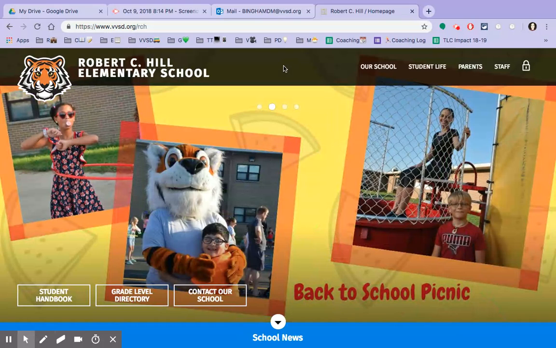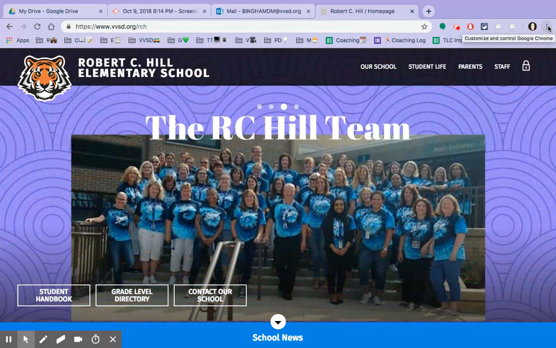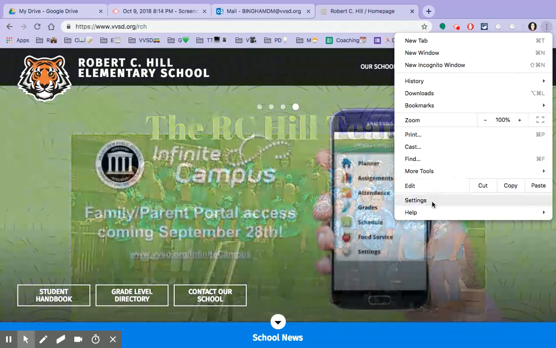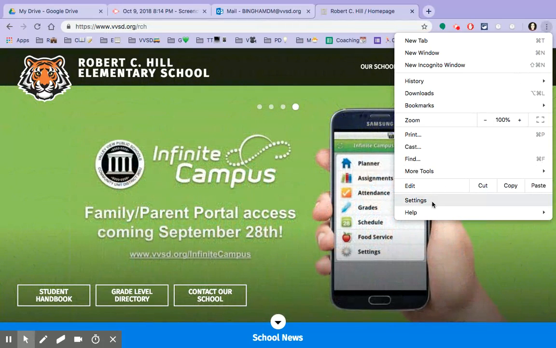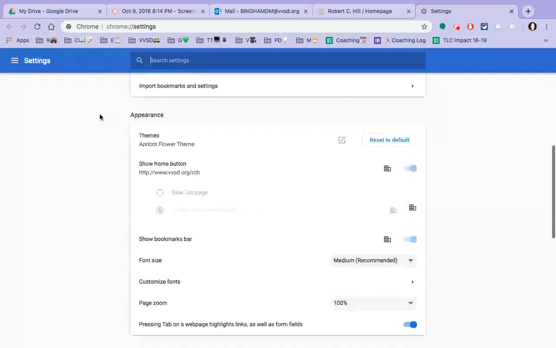The first step to making Google Chrome your default browser is to go to the top right corner of Google Chrome and click on the three vertical dots. Go to Settings. A new tab will open with all of your settings options. Scroll down until you see